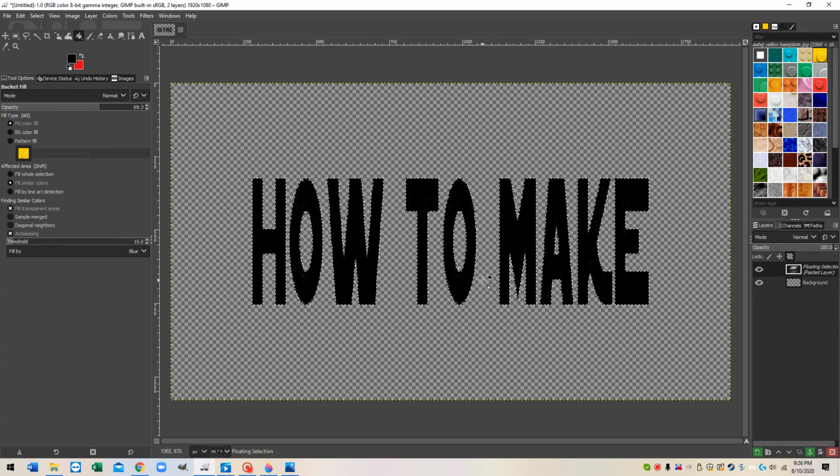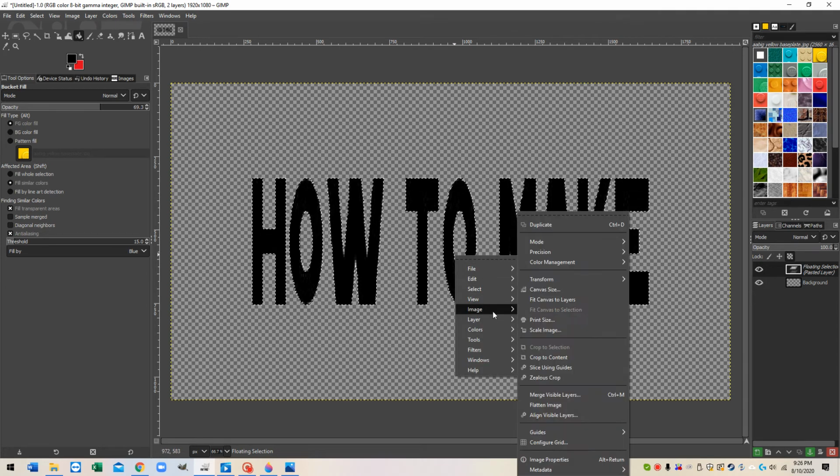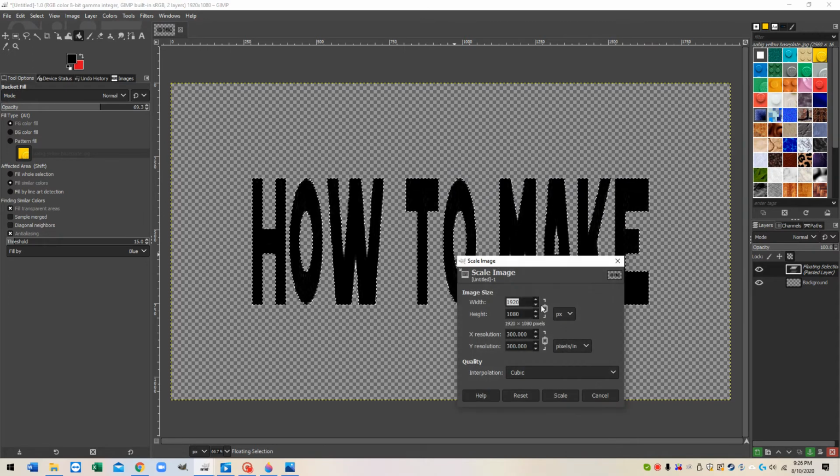Now, if your words are not encompassed by the layer, so if this was cut off like here to here and we had to get it bigger, you can right click on here, go to Image, and you're going to scale the image. And as you scale the image,